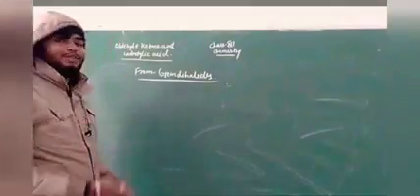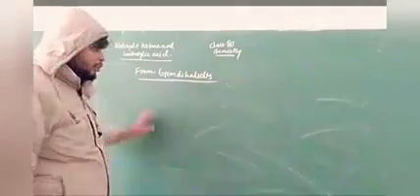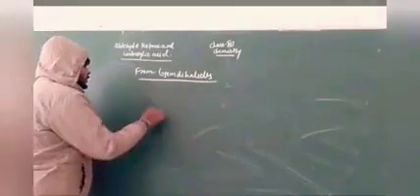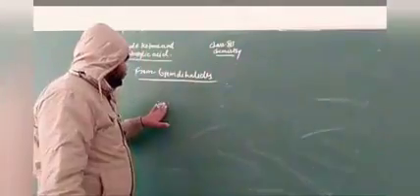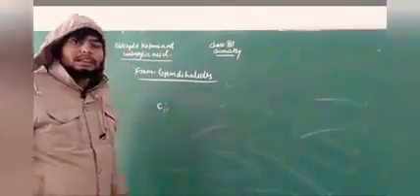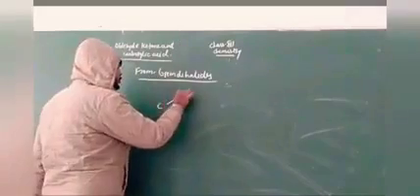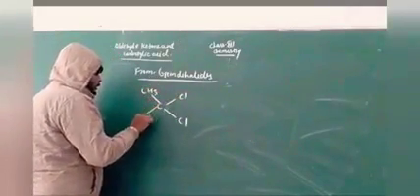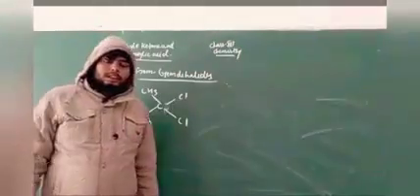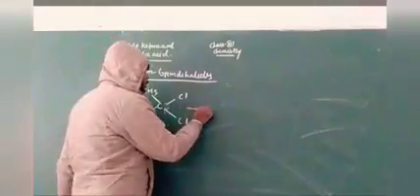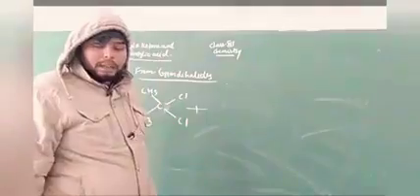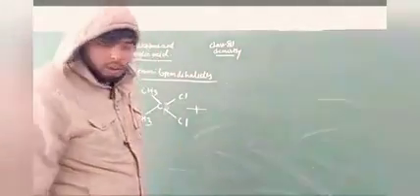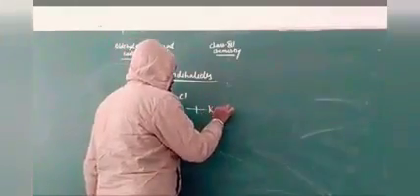Now we also have to represent the formation of another compound. Just like in the earlier case, we have to take another carbon for the reaction mechanism. This carbon is attached to two halogens, first halogen and second halogen, and two methyl groups, CH3 and CH3. This compound reacts with another compound, potassium hydroxide.